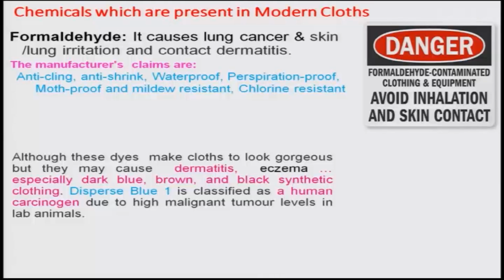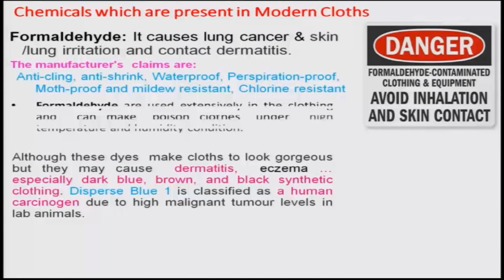Although we know that this is formaldehyde contaminated clothing and equipment which is dangerous, and one should avoid inhalation and skin contact. But somewhere they may be putting this kind of a sign, however a lot of people may not be knowing that the formaldehyde used in the